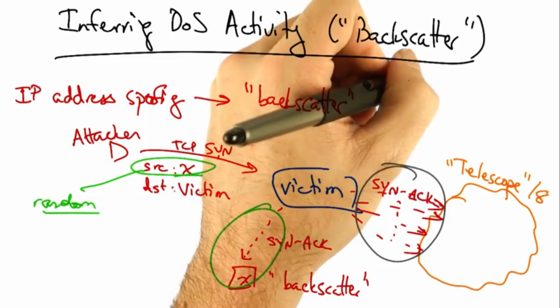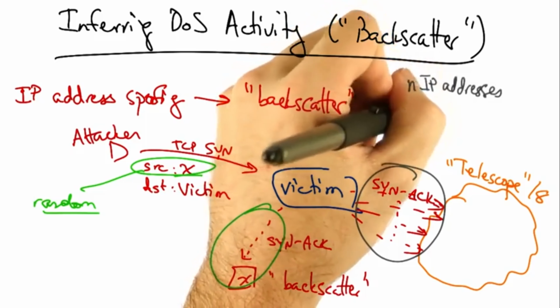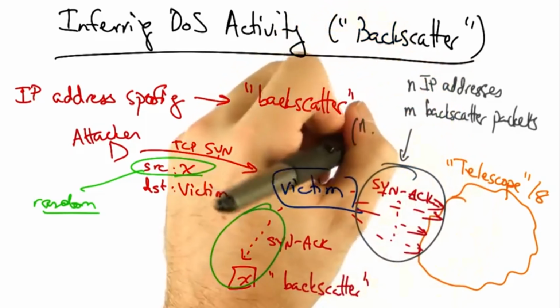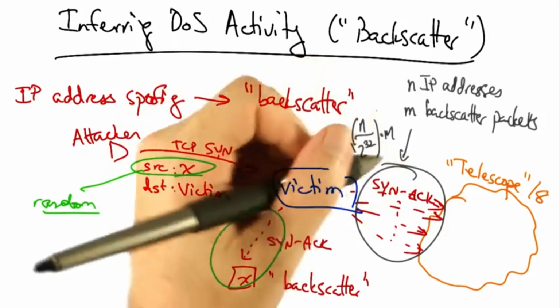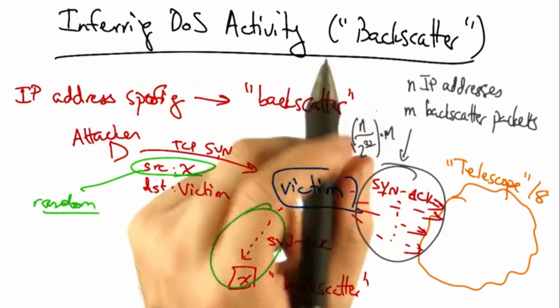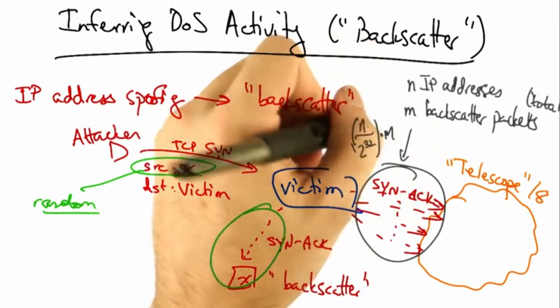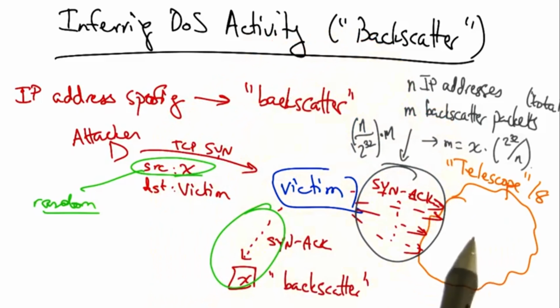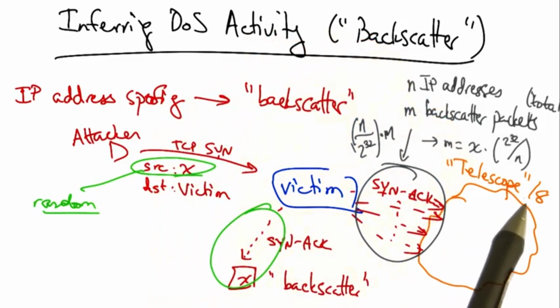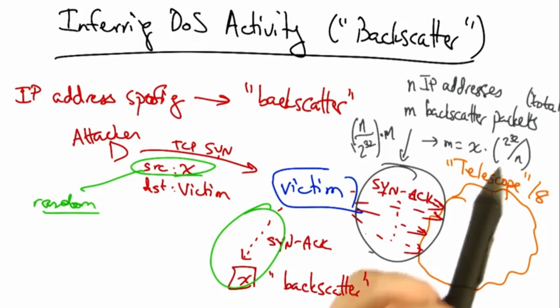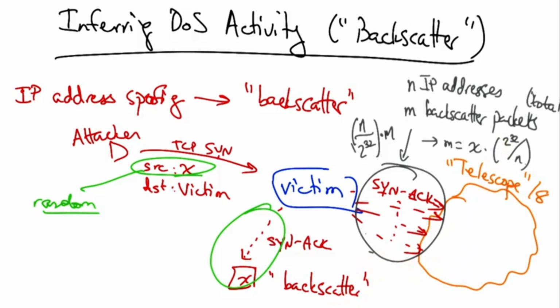So for example, if we monitor n IP addresses and we see m attack packets, then we expect to see n over 2 to the 32 of the total backscatter packets and hence of the total attack rate. If we want to compute the total attack rate, we simply invert this fraction. So for example, if our telescope were a /8 or 2 to the 24th IP addresses, we would simply multiply our observed attack rate, x, by 2 to the 32 divided by 2 to the 24th, or